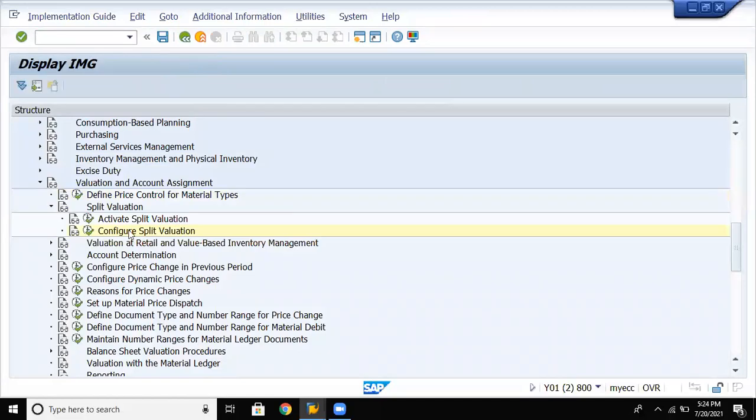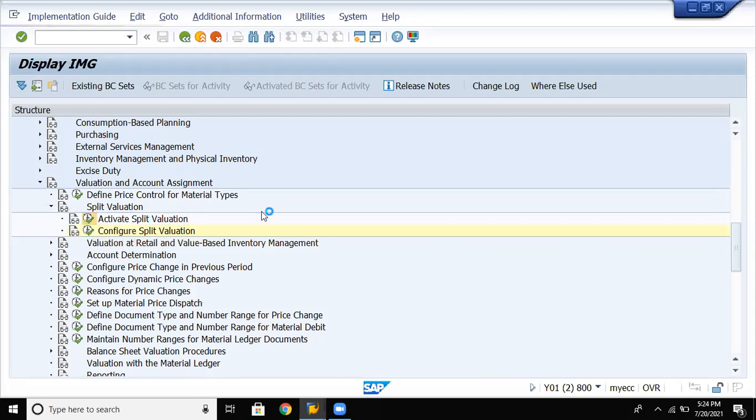Now, yes, if you want to activate your split valuation: split valuation takes place when the goods are sent batch wise, or when the stock is cleared batch wise, in a lot size. Then the split valuation will work out. Few clients prefer this split valuation, few don't. So based on the client specific data, the split valuation can be activated.